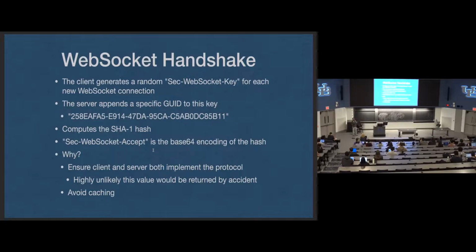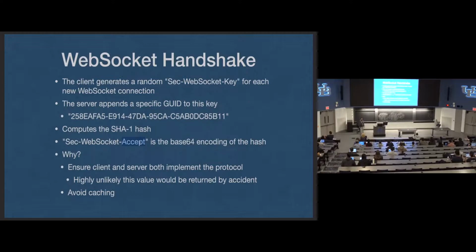So why? This is pretty convoluted. It's not super convoluted, but it's strange. So why do we want to do this? One, we want to ensure that both sides speak the protocol. This is long and random enough. I mean, it's not literally random, but if somebody sends you the correct accept value, there is effectively a 0% chance that they found that by accident.